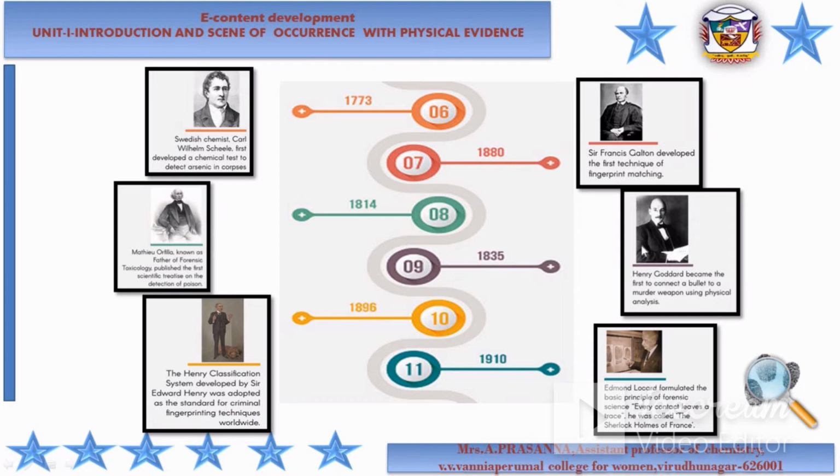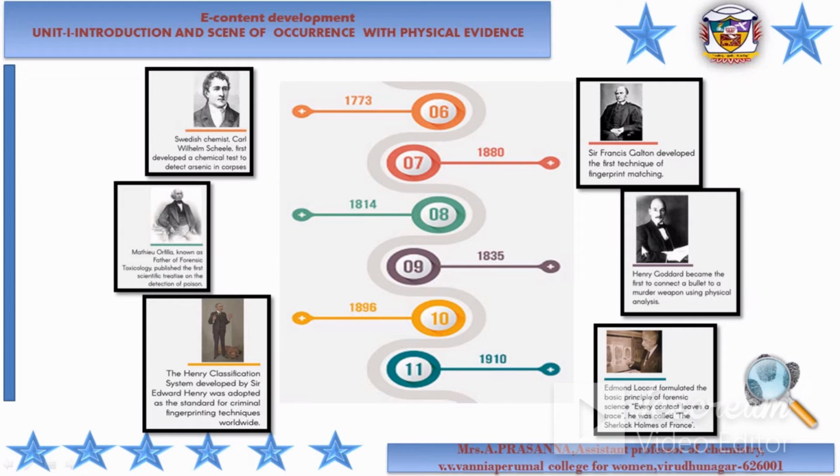Gradually, in the 1920s, bullet examination became more precise when American physician Calvin Goddard created the comparison microscope. This helped in drawing a crucial relationship between bullets and the shell casings from which they were fired. Later in the 1970s, scientists at the Aerospace Corporation, California, developed the method of detecting gunshot residue using scanning electron microscopes.